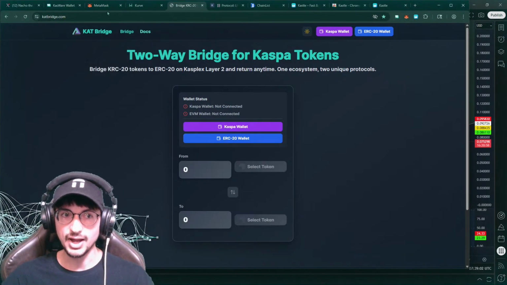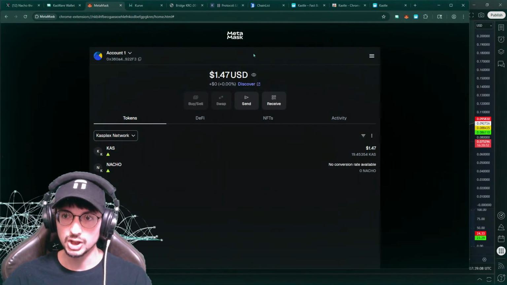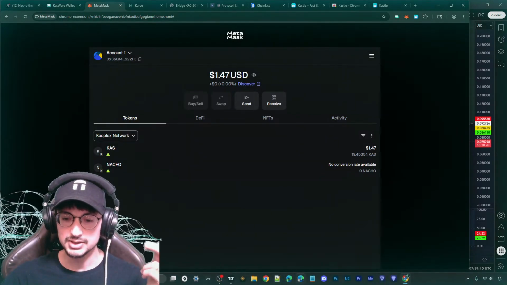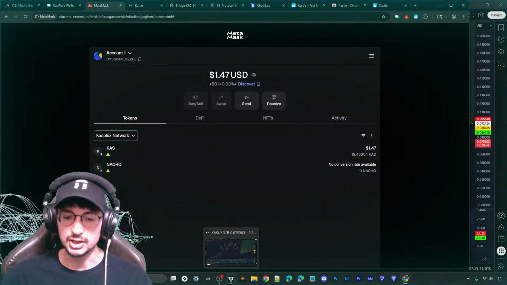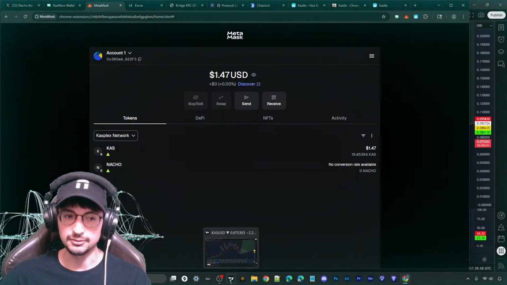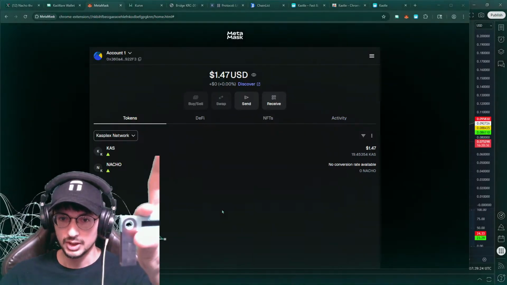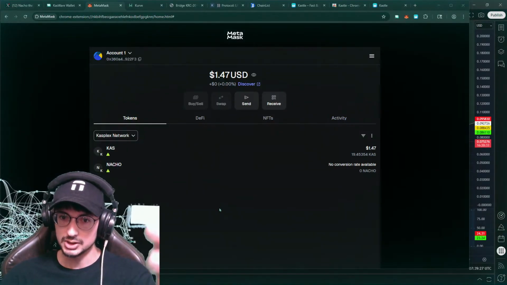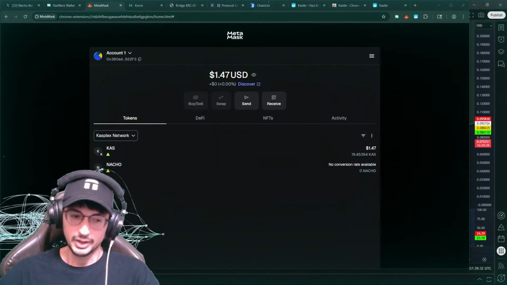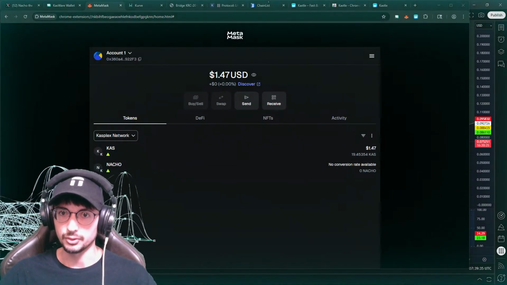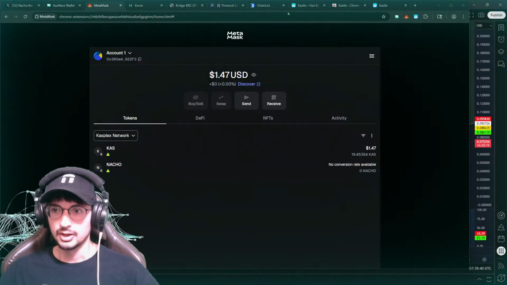Now, another reason why I highly suggest using MetaMask is because you're going to be able to connect a Ledger device to MetaMask. That way, if you get malware on your computer, they can't just drain your wallet, because they're not going to have that signature confirmation on your Ledger device. So get yourself a Ledger if you can, because I have it in the description, at least on YouTube. Yeah, Ledger is phenomenal for this purpose, for EVM compatible, this whole layer for Kasplex and for